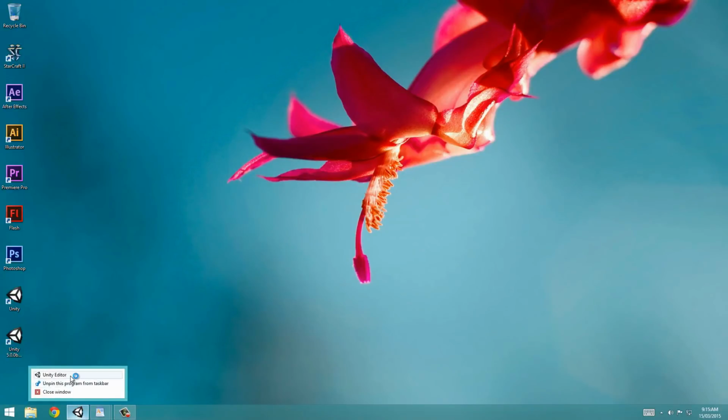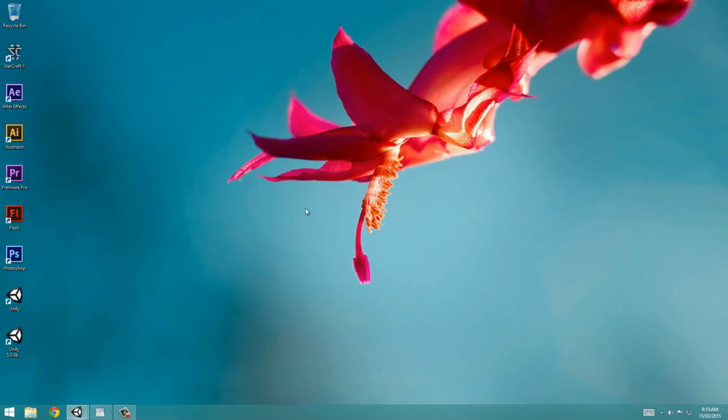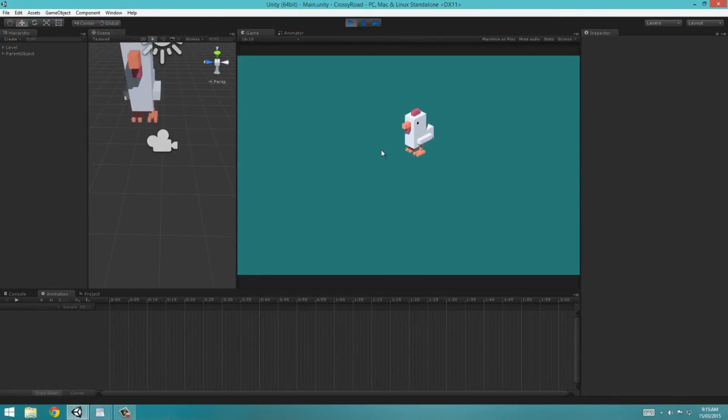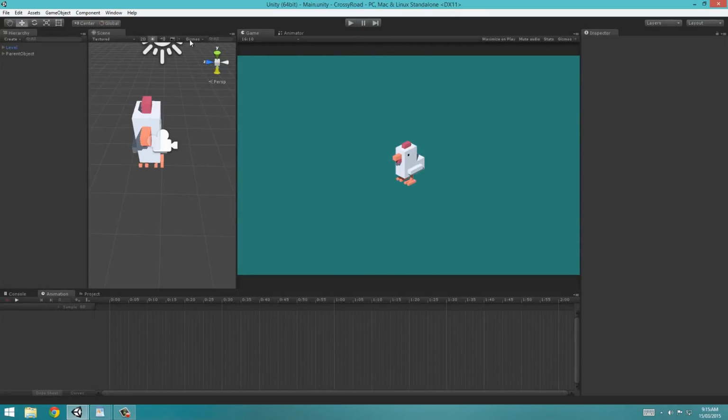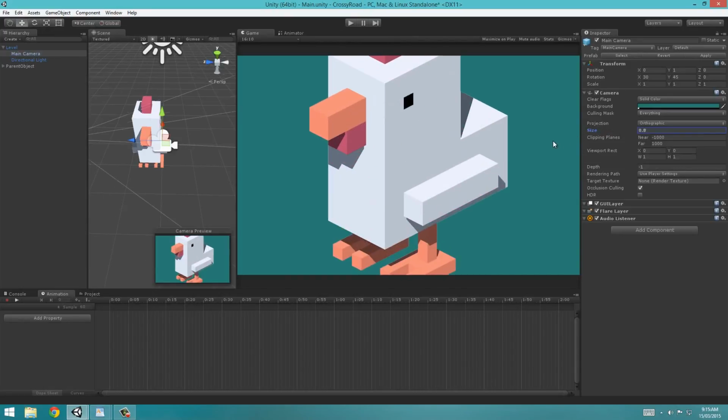So if you open up Unity 5 and you open up the most recent project that we did, which was named Crossy Roads for me, you notice that we imported the model and applied all the animations to it. But if you haven't noticed, it doesn't rotate depending on what direction it's pointing. Second of all, although it's hard to tell, if you zoom in slightly, you'll notice that it has this gross